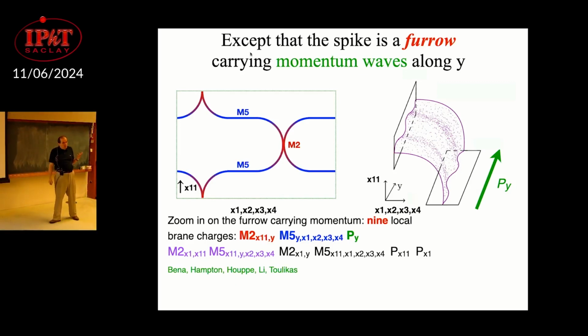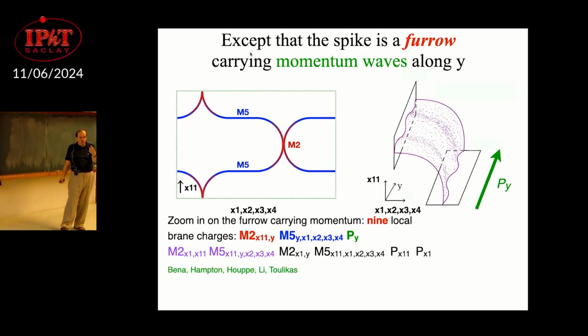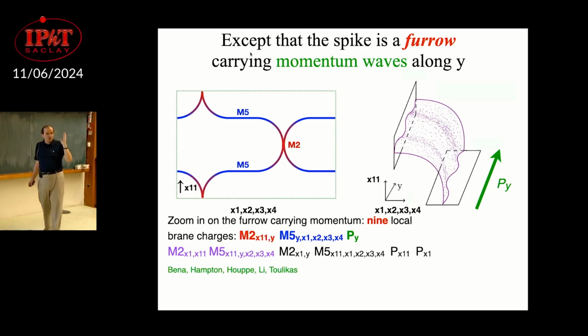But if you look locally, it has some other charges. It actually has some other dipole charges, which are local charges, which you don't see far away, you don't see globally, but they're actually going to be here. So for example, I have an F1 in this direction carrying momentum in this direction, but the F1 bends up and down. So there's an F1 charge going this way locally. There's also here it goes the other way. Globally it integrates to 0, but locally I have extra dipole charges on this beast.